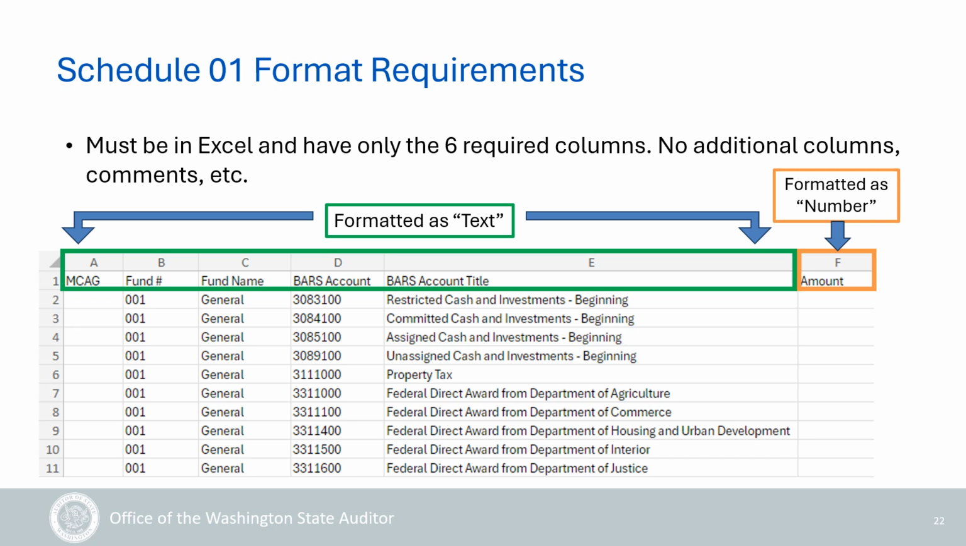This is an example of the basic format of the Schedule O1 template. As you can see, it is very basic and used only to import the data into the filing system. Columns A through E must be formatted as text and do not delete or add any columns. Column F must be formatted as number, then delete any rows that do not apply, or you can enter 0